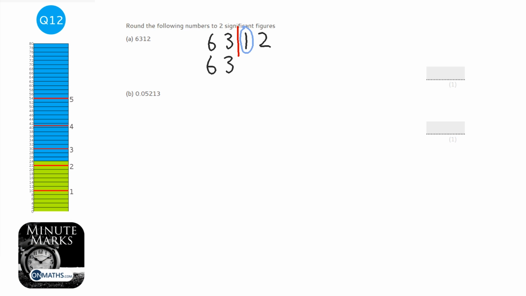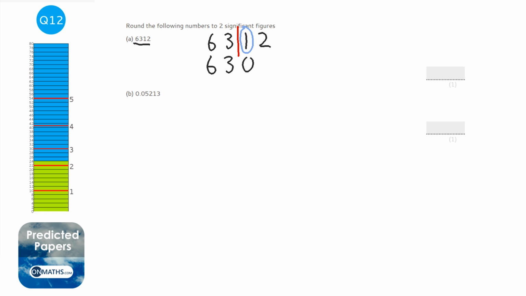But have a think about it. If 6,312 people visited or were at a football match, and someone said, "Oh, can you tell me roughly how many that was?" If you said 63, that doesn't make any kind of sense. So the mistake that I've made, and the mistake most people make with this question, is they forget that the 1 and the 2 don't disappear. They turn to 0. So the answer is 6,300.